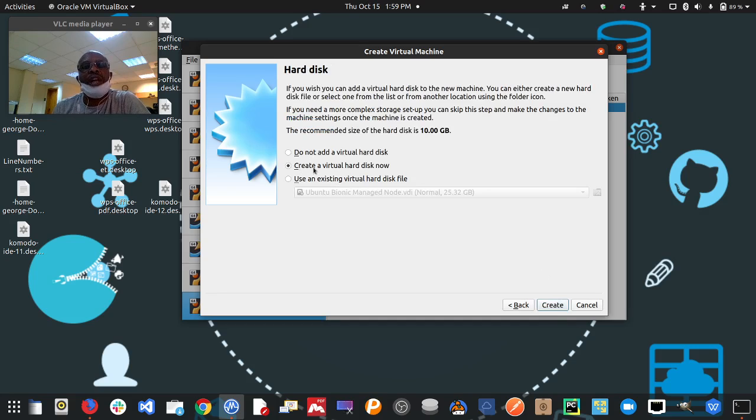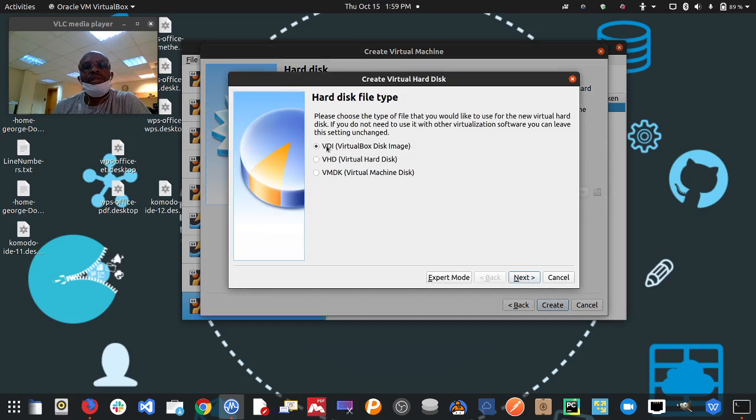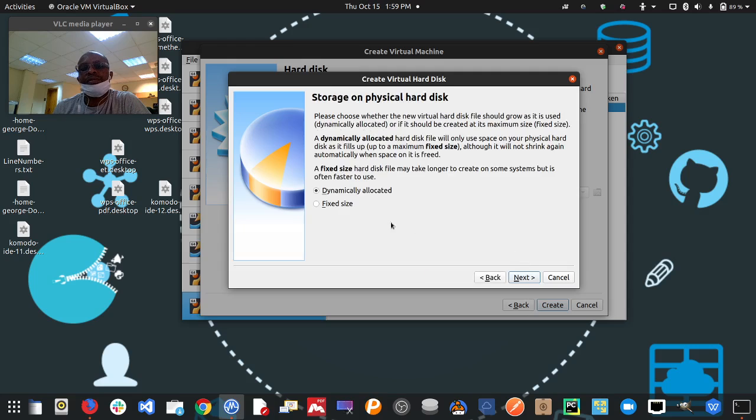For the hard disk, we will create a virtual disk now, and then we will take the VDI type, Virtualbox disk image. Then we have two options here: dynamically allocated storage or fixed. Dynamically allocated hard disk file will only use space on your physical hard drive as it fills up. So assuming you set up 10 gig and only 2 gig is actually used to set up the virtual machine, then only that 2 gig will be consumed on your hard drive. But for fixed size, that one will actually